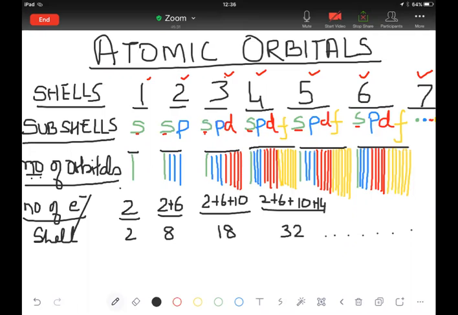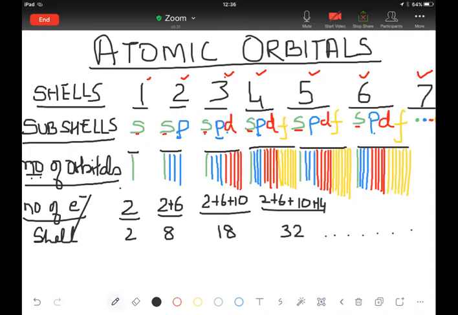So beginning from the first shell, all the shells have a subshell S. Then let's go to the second shell. In the second shell, I have shown a P subshell also along with the S. Beginning from the second shell, they are all having a P. And 7 also is having a P, I have just shown with the dot. Beginning with the third shell, all of them have D subshells. And beginning with the fourth shell, they have F. So 4F is the first F orbital that we have. Then you have 4F, 5F, 6F, and 7F, and it continues.